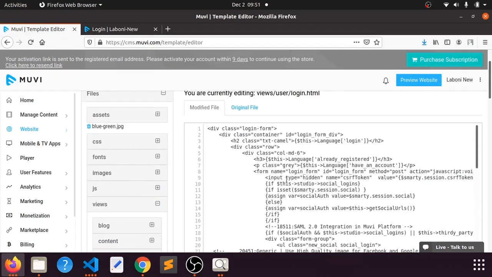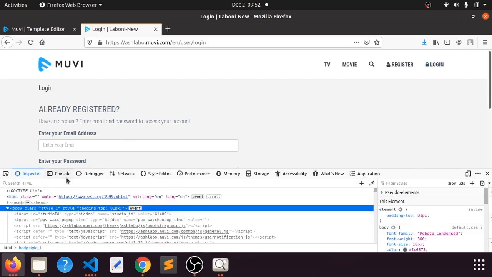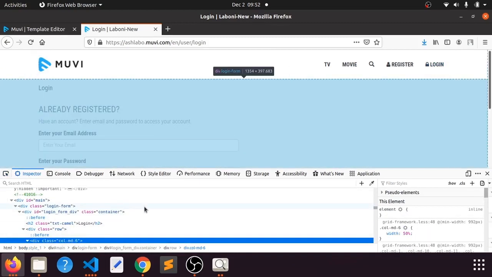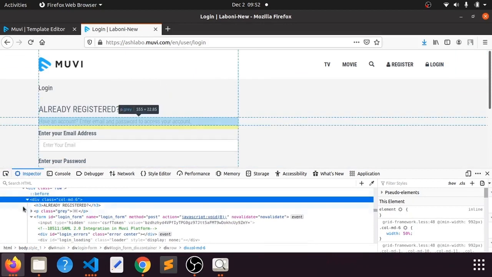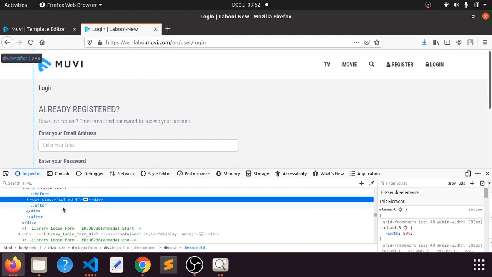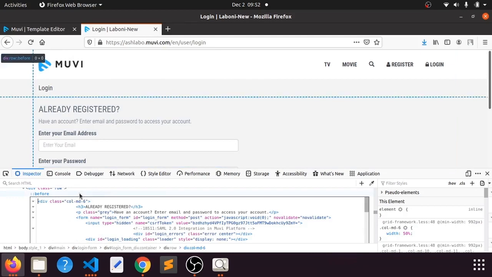In this particular place you are going to add this image code, but before that, you need to check how it is coming from the front end. For that, just open the developer tools by pressing function and F12 together. Then go to this section. This one is the left portion, so we are going to add in the right portion. Where it is ending here, no div is there, so we'll add another div having class col-md-6.